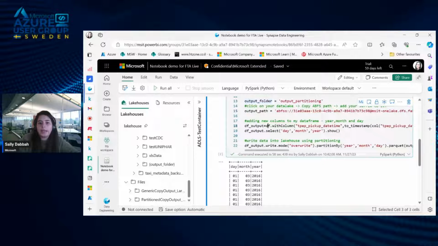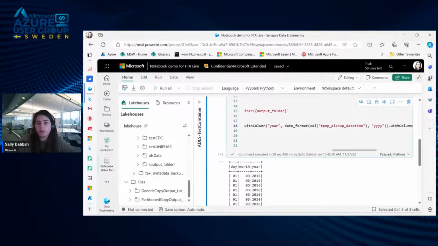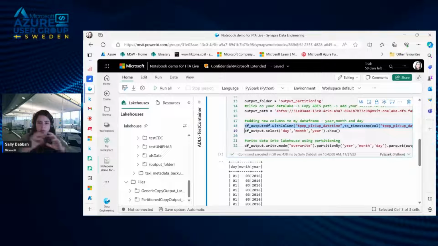And in my data frame, I'm adding 3 columns: day, month, and year. I'm extracting them using a date format; this is the format for the day, the format for the year is YYYY, and we have also the month. So I added day, month, year to my data frame.